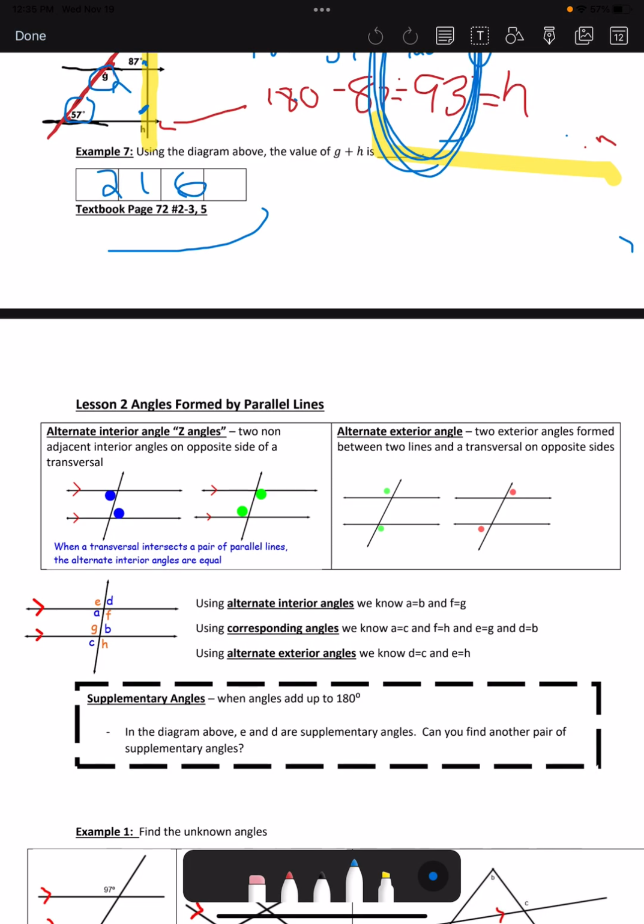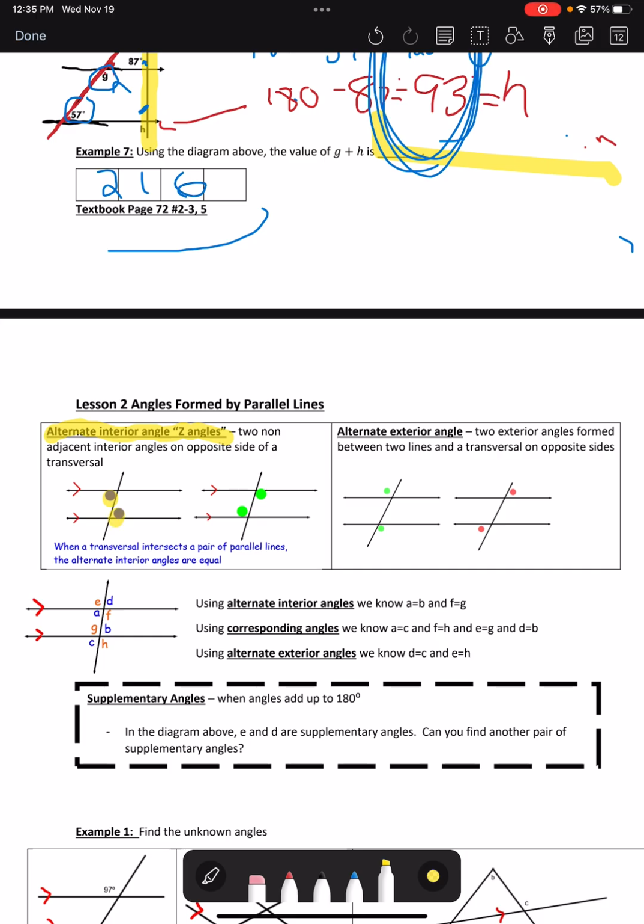In lesson 2, we're going to keep looking at angles formed by parallel lines. We'll look at some new terminology and reintroduce some of the terminology that we saw in lesson 1. So to start with, alternate interior angles, or Z angles, are when you have non-adjacent interior angles on opposite sides